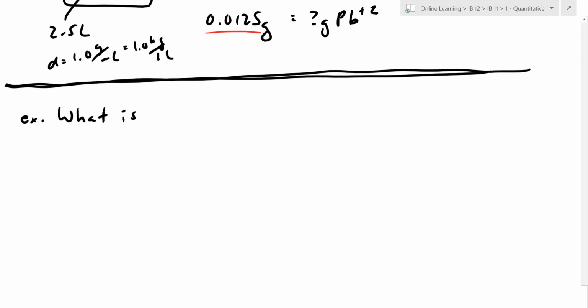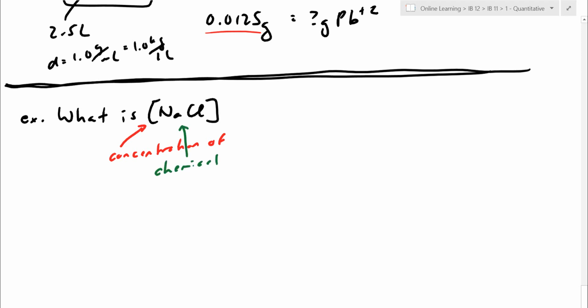They're going to introduce to you a square bracket. Square bracket actually implies here, what is the concentration of, and then usually they tell you the chemical inside. In this case, the chemical is NaCl. So how many moles per liter of table salt did I dissolve in the mixture when I dissolve in here 0.15 moles? That's how much table salt is dissolved